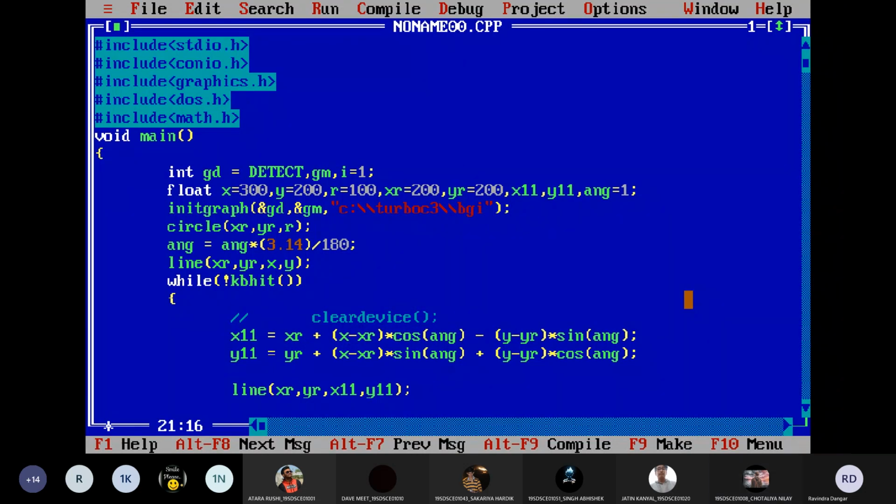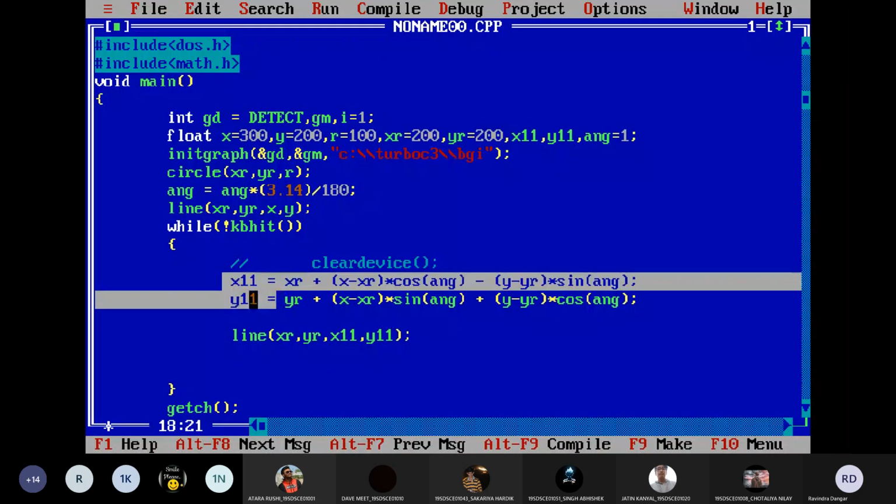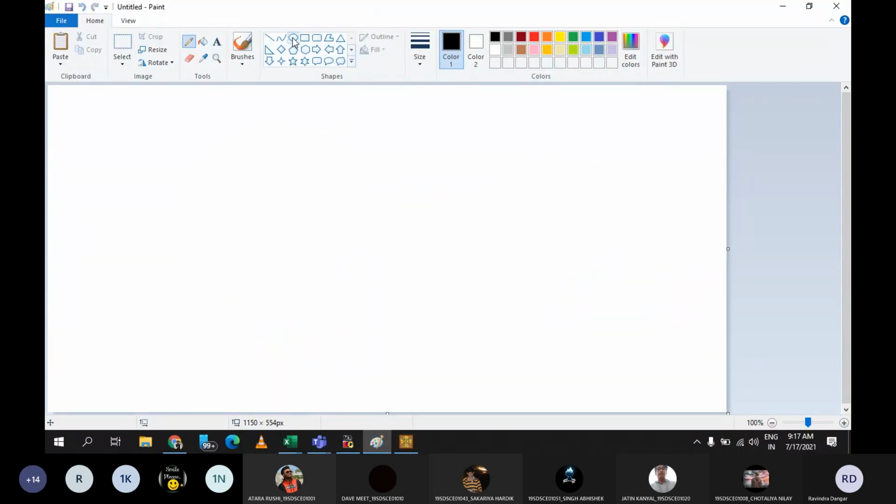Okay. Now what we are going to do, let me explain it again through Paint. See, as of now this is what we are doing.